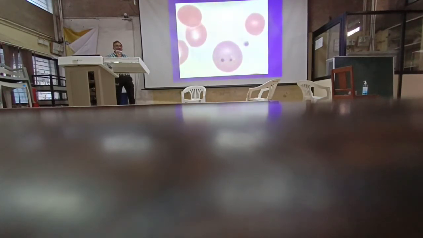This Howell-Jolly body is nothing but a fragmented nucleus. A large portion of the nucleus is removed out of the red cell, and the remnant of the nucleus, which remains within the red cell, is called the Howell-Jolly body. Okay, and this all happens because of dyserythropoiesis, and that's the reason it is present in megaloblastic anemia.